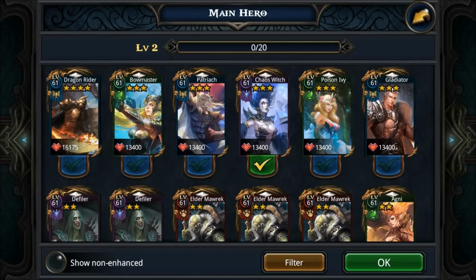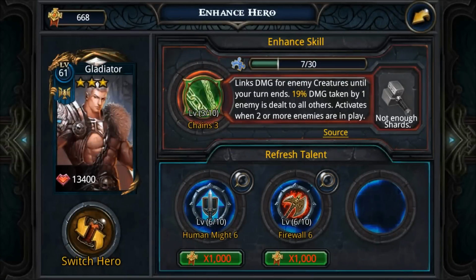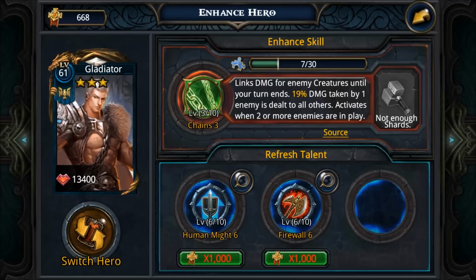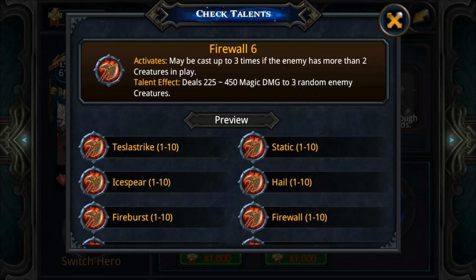Some of them I gave up, some of them are still there, but to show you good talent and hero synergy. So we'll start off with the Gladiator. The Gladiator is an offensive hero because of his link abilities. So I have everything synced up with Gladiator. I have Human Might instead of Human Life because it gives me 225 attack to all creatures, and I have a Firewall. See, I don't have Ice Shell here because this Firewall deals up to 450 damage to 3